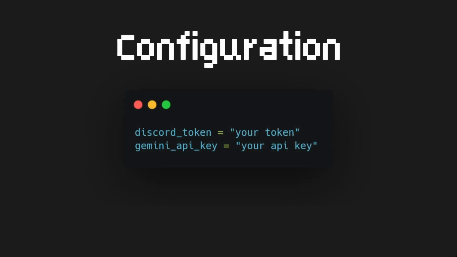Next, we'll configure our Gemini API interface and Discord bot. First, we'll create 2 variables, one for our Discord token and another for the Gemini API key. Be sure to insert your actual token and API key here. Keep in mind that you should never share your token or API key publicly. For demonstration purposes, we'll leave them in the code here. But if you plan to publish your code on platforms like GitHub, make sure to use environment variables to protect